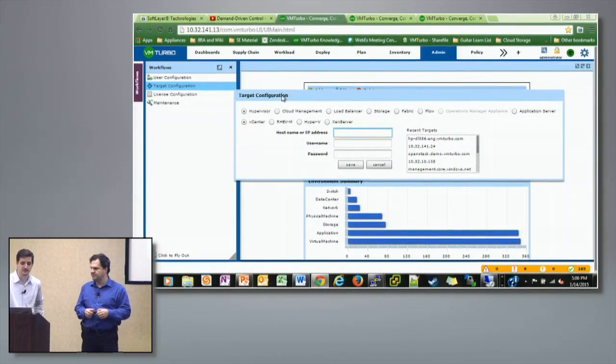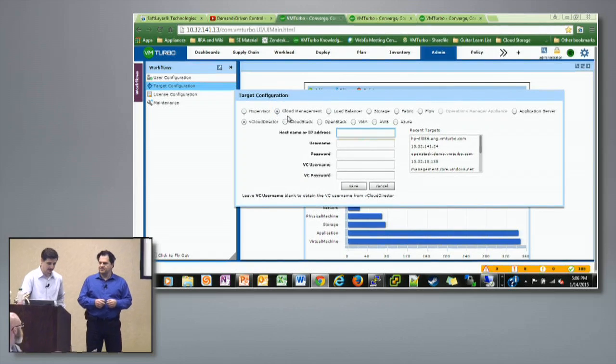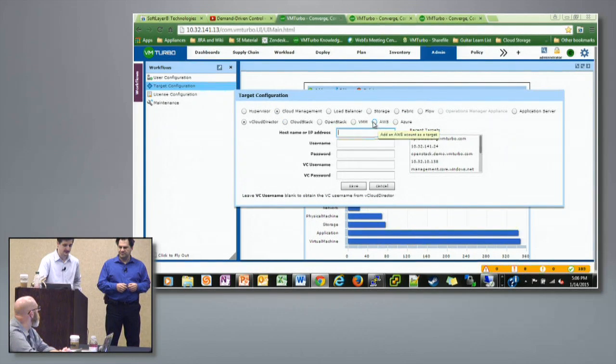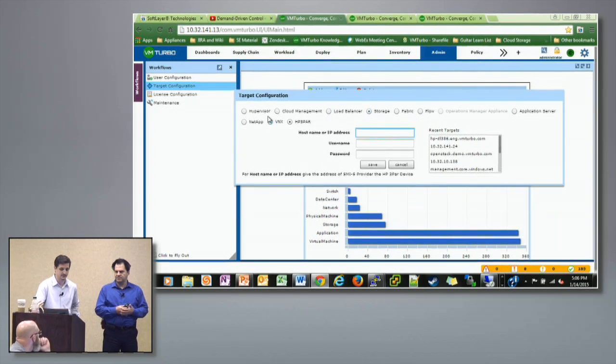So this is when you deploy the virtual machine, you're going to come to a screen that looks like this. It's pretty boring. It's just a target configuration. So you can see the targets and all the modules that we add. It's relative to the hypervisor: vCenter, Red Hat, Hyper-V, Zen Server, OpenStack, VMM, ties into AWS and Azure, as well as vCloud Director, CloudStack. Storage support into NetApp, VNX, 3PAR, and Ender, I'm sure, can explain some of the future